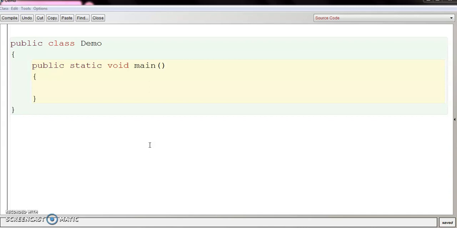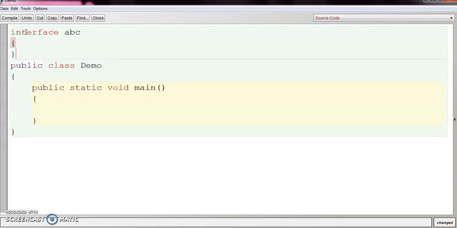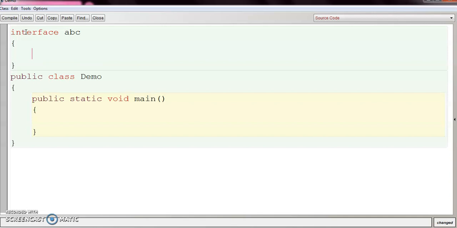Now, let's create an interface. To create an interface, we have to use the keyword interface followed by a name, say ABC. Now, create a method void display.